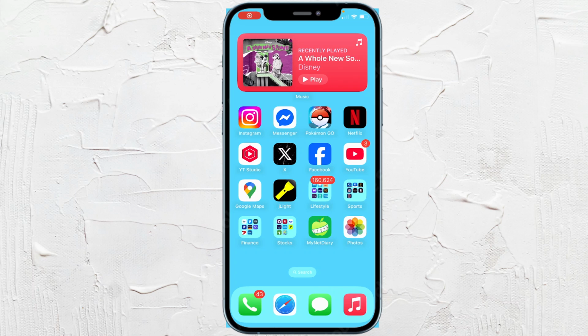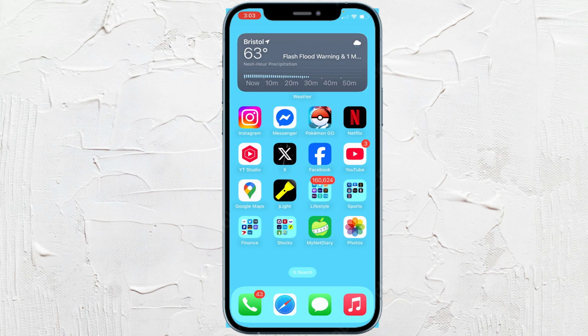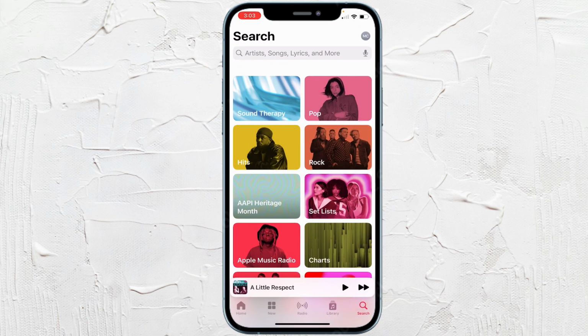In this video, I'm going to show you how to add songs to your Apple Music library. So go ahead to where your Apple Music app may be. Mine's just on my home screen here. And so what you want to do is to be able to find a song and add it to your